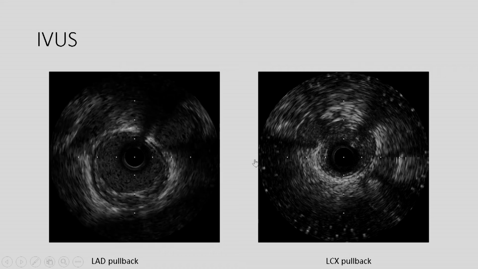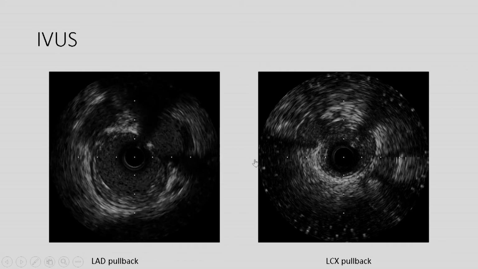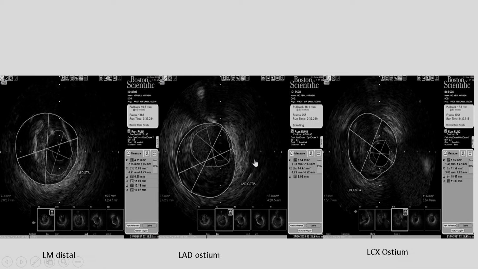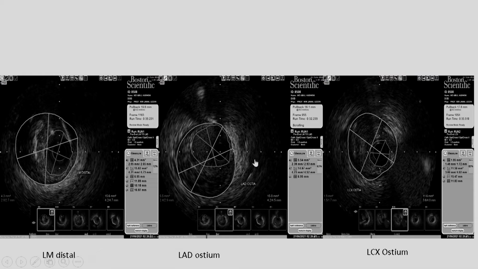It showed that the ostium of the left anterior descending artery is not significantly narrowed, but there is significant narrowing of the left main. On the left panel, this is the left main, and in the middle panel, LAD ostium. LAD ostium is 5.54. Next, LCX ostium, where we have also done a pullback from the left circumflex, and the left